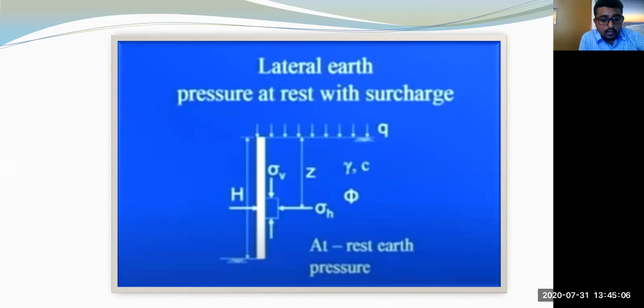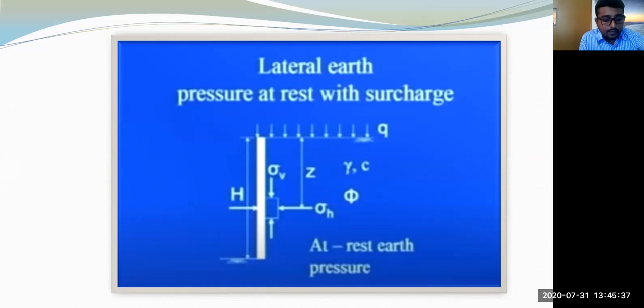So you see here the surcharge, which is Q, has been applied in exactly the similar condition, but to the similar condition we have applied only some surcharge, that is additional load has been added to the previous condition. Now let us see what will be its effect on the lateral earth pressure diagram, and then subsequently the estimation of lateral force.